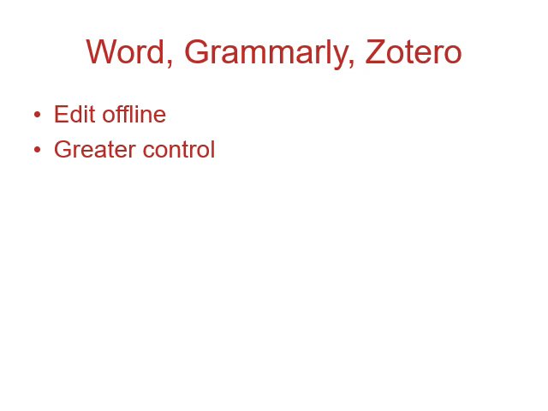The alternative approach to using Academic Writer is to install the Grammarly plugin into Word and use Zotero as your citation and reference tool. The advantage of that approach is that it works offline. You don't have to be online, and it also gives you greater control over the process. The downside is you need a good template to start from, and you have to do more of